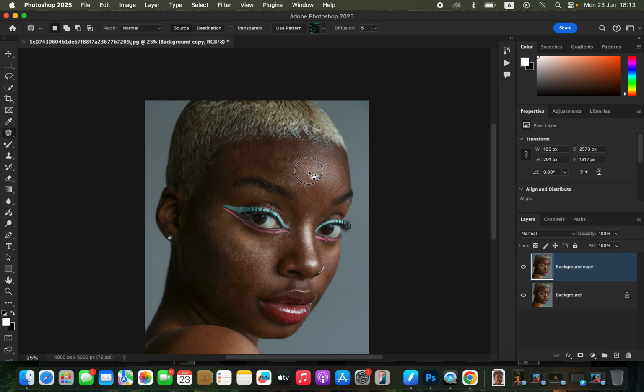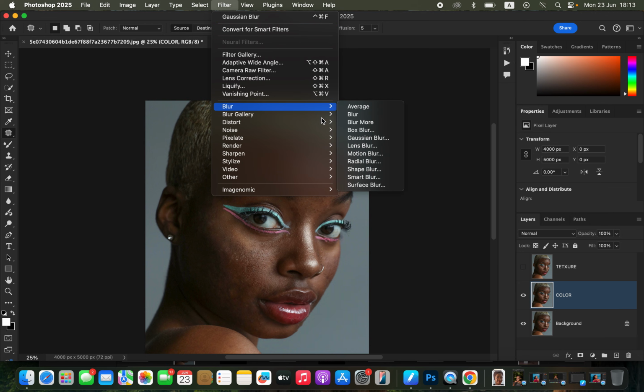The next step is simply going to be coming to this layer that we created, then duplicate it by pressing Ctrl J to create one more extra layer. Then double click on the topmost layer, name this texture, and double click on this middle layer, name it color. Then for this, turn off the texture layer, select the color layer, come to filter, blur,